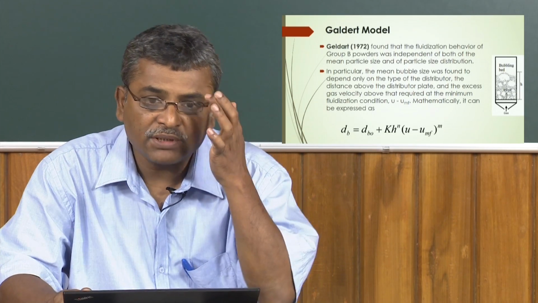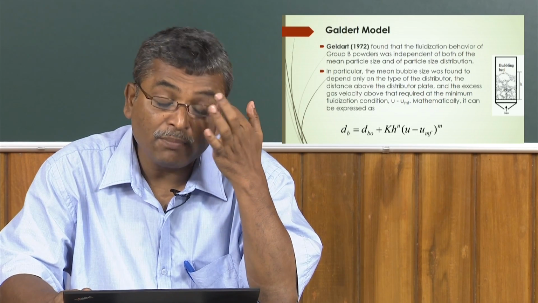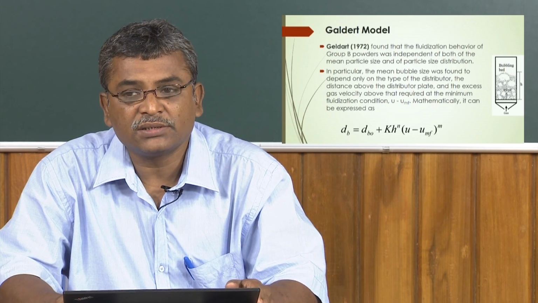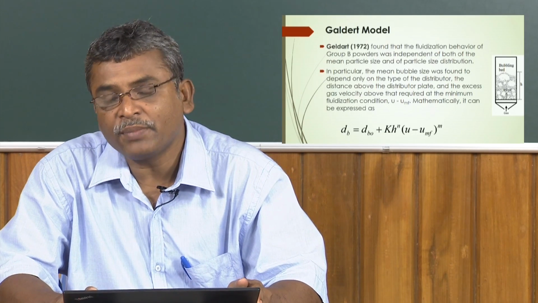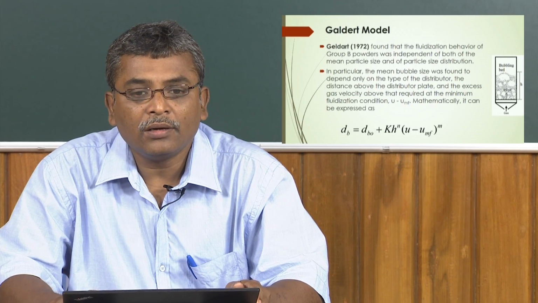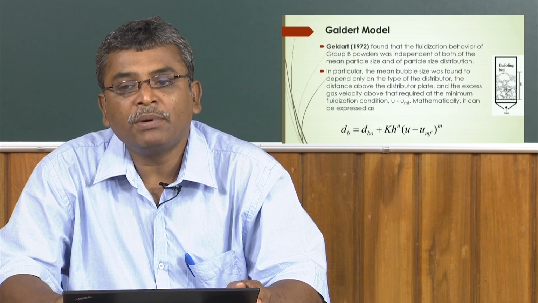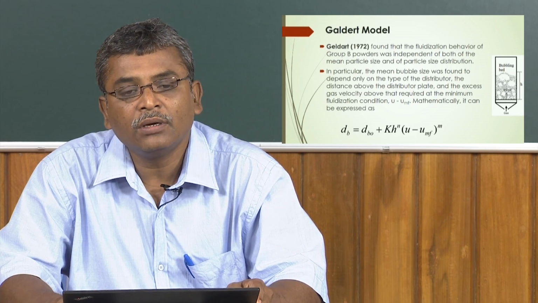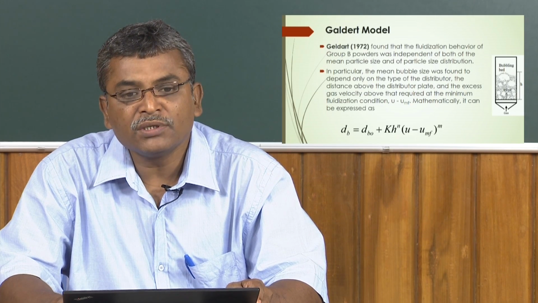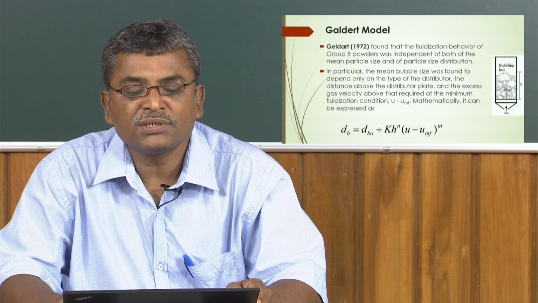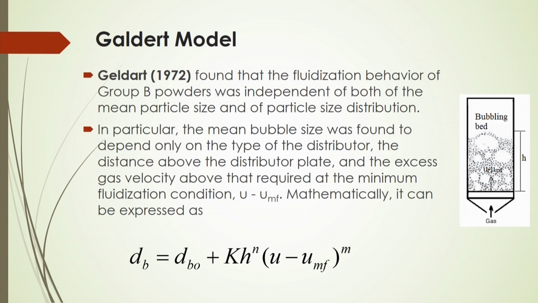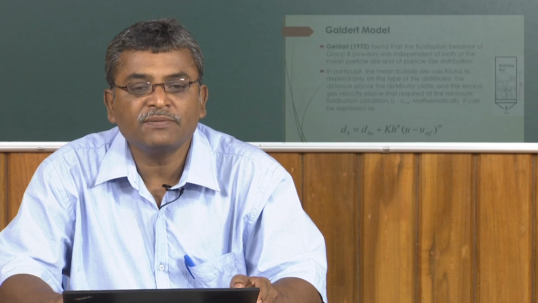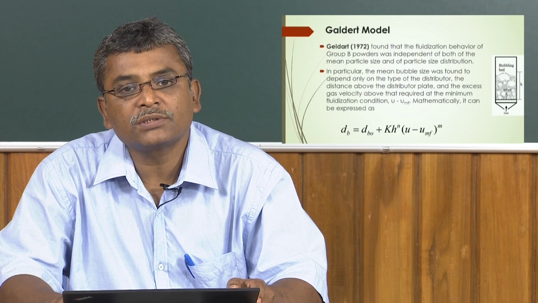Now, the distance above the distributor plate is very important to characterize the bubble size. Very near the distributor plate, the bubble size will be very small, whereas above the distributor the size of the bubble will change, and the frequency of the bubbles will be reduced. Frequency means the number of bubbles formed. Due to coalescence, the frequency will be reduced. The formation of the bubbles depends on the gas velocity above the distributor, relative to the